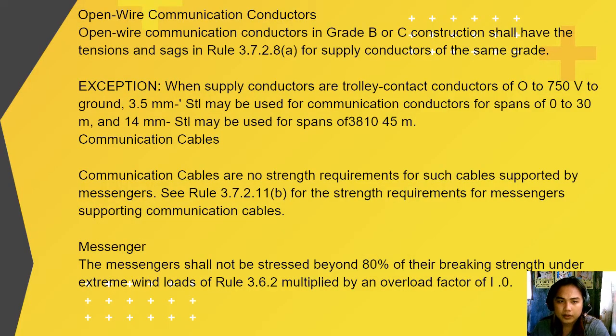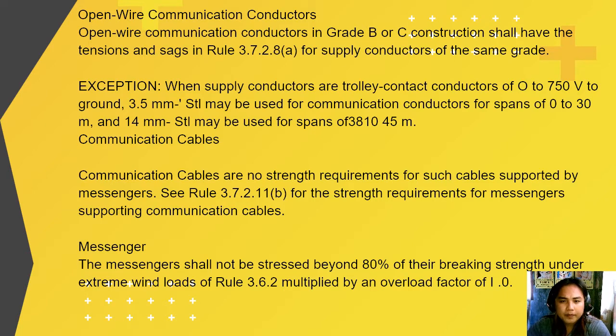So open wire communication conductors. Open communication conductors in grade B or grade C construction shall have the tension and sags in Rule 3.7.2.8 for supply conductors of the same grade. So exception: when supply conductors are trolley contact conductors of 0 to 750 volts to ground, 3.5 millimeter steel may be used for communication conductors for spans of 0 to 30 meters, and 14 millimeter steel may be used for spans of